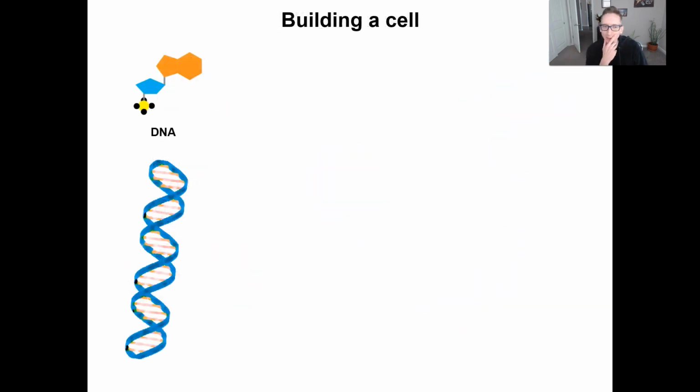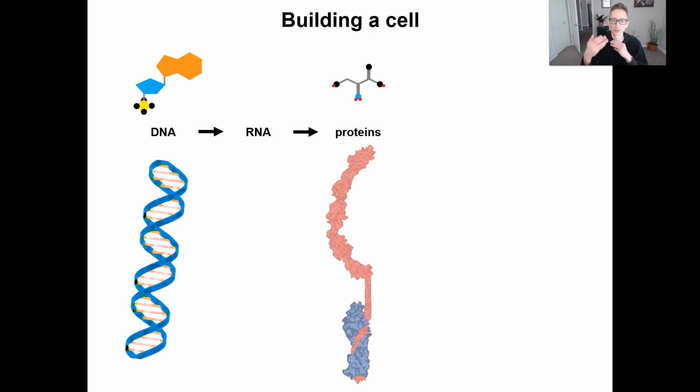Okay, well, life is the same way. You may have heard of this molecule. It's called DNA. We store information for building us within our DNA. And DNA is made out of molecules called nucleotides, and they give it its unique shape. That DNA is converted into something called RNA, which acts as a messenger to then build something called proteins. So this is our long-term storage, short-term messenger, and then these are our little machines, little nano machines that build